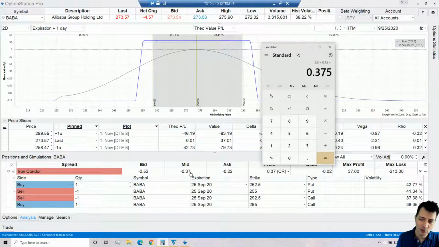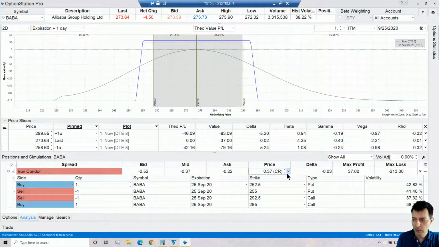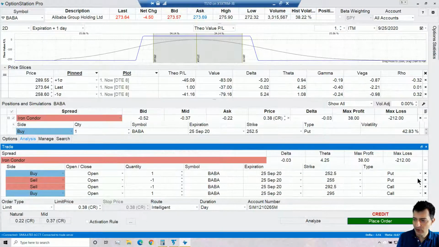Now we just dropped to 37, but just like it dropped to 37, it may go up to 39, it may go up to 40. So you just need to have patience and allow this trade to play out. So I'm just going to set it at 38 here. And I'm going to go ahead and enter the trade in here to show you how you would do it.